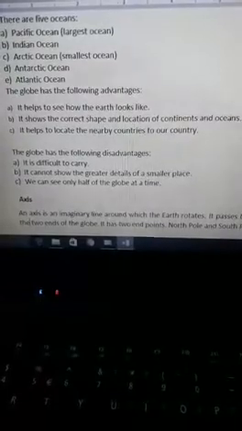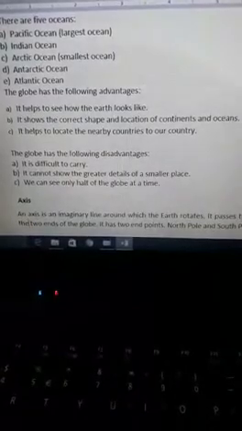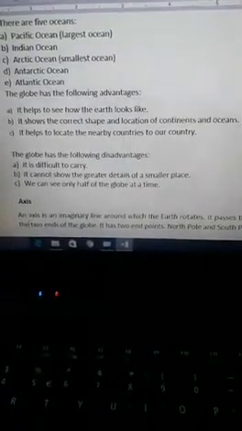Now there are some imaginary lines which are drawn on the globe. As we know, the map makers faced so many difficulties in locating the places, so they drew some imaginary lines on the globe. Actually, no line is drawn on the earth, but some imaginary lines are drawn on the globe to study about the earth, to see the location of different places on the earth. Some of the lines drawn on the globe are axis, equator, latitudes and longitudes. So let's discuss them one by one.